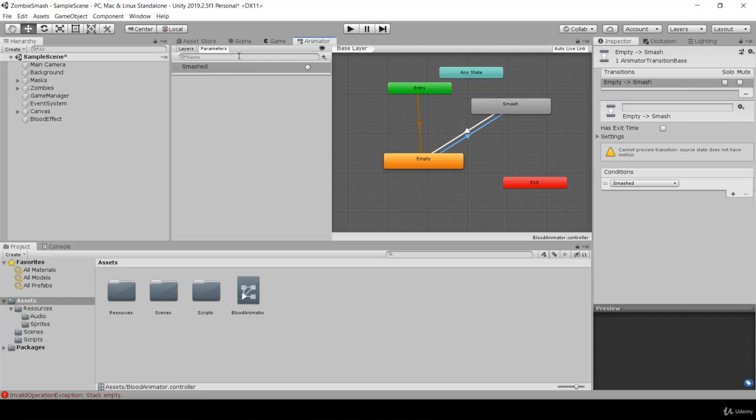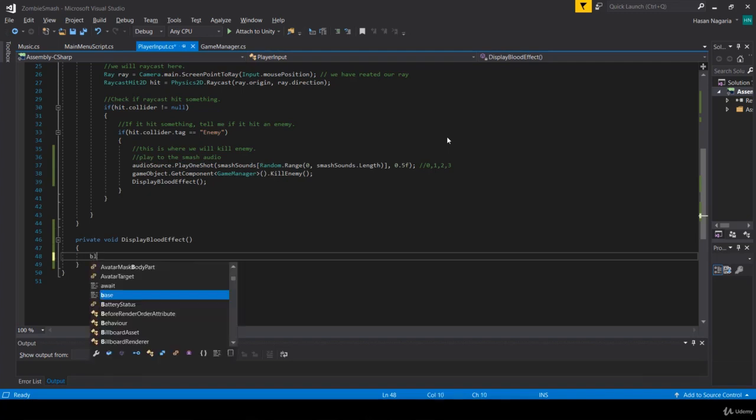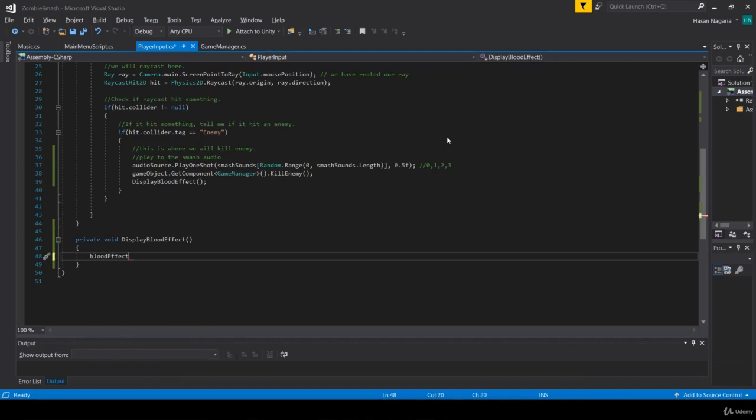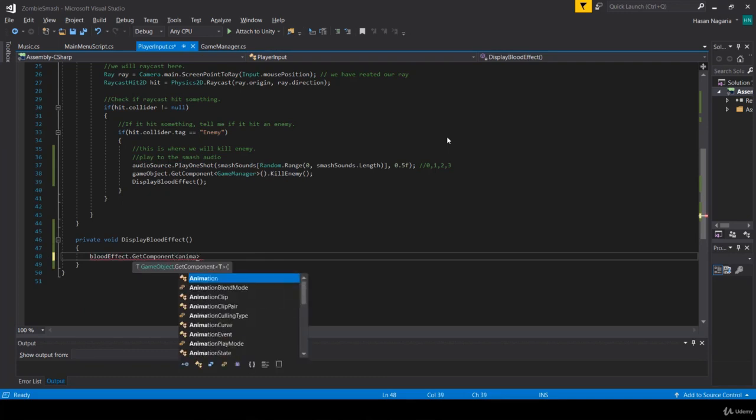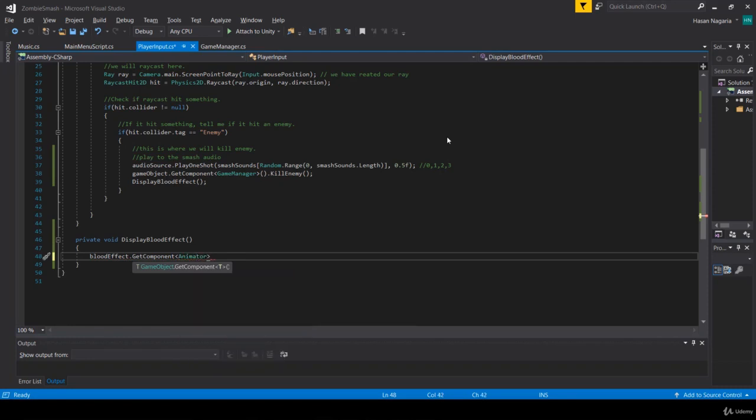So there's a game object. On the game object, there is an animator. Inside this animator is where we have information for how we can trigger these animations. So to do that, we already have the blood effect game object. We can do something like get component, which we've done before, and I'm looking for the component of type animator. Okay, not animation, but animator. Once I have the